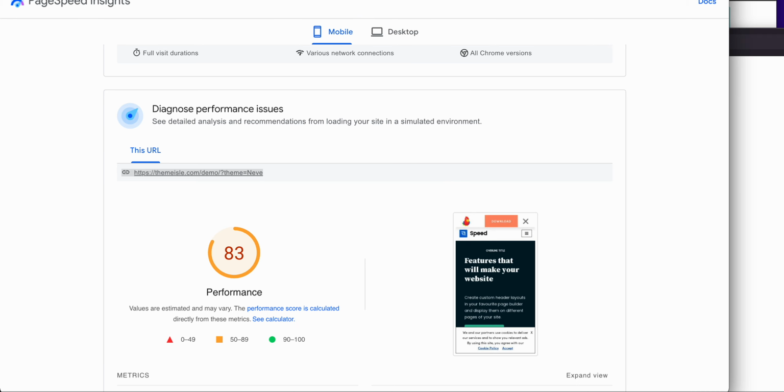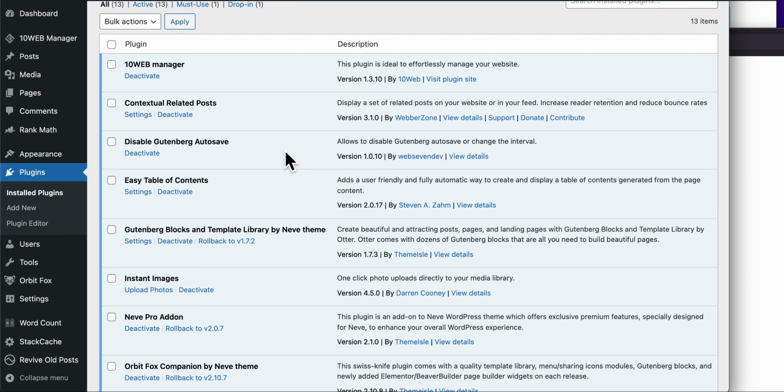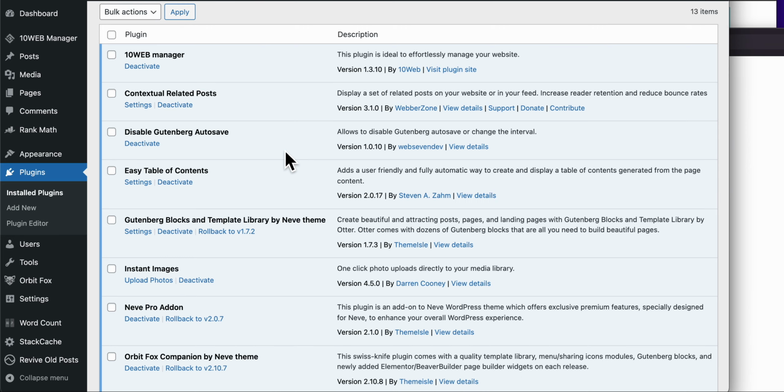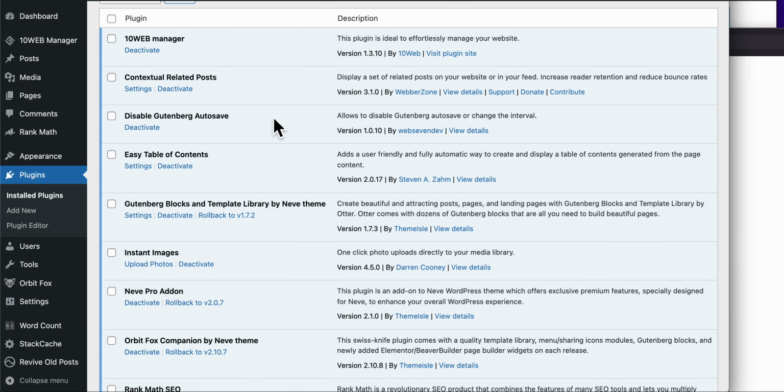The next thing that I want to talk about is the plugins that I'm using. I've used these as fundamentals. Obviously, you'll add a little bit more based on what you want, things like collecting emails. I'm not going to collect any emails. There are a few other things, but these are the basic ones I'm going to be using from start to end, and this is essential to any affiliate or niche site.